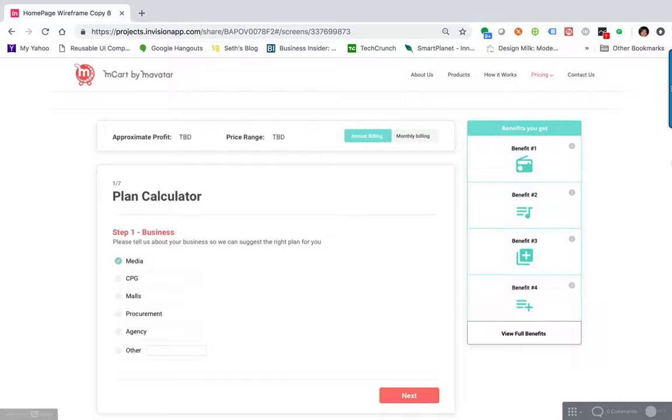The first screen, you have a number of choices. These are hard-coded: media, CPG, malls, procurement, agency, and other. Media, CPG, and malls spawn three different flows. The rest are like malls. So for now, we are going to only talk about media. If media is selected,